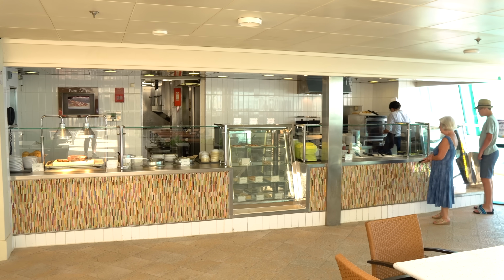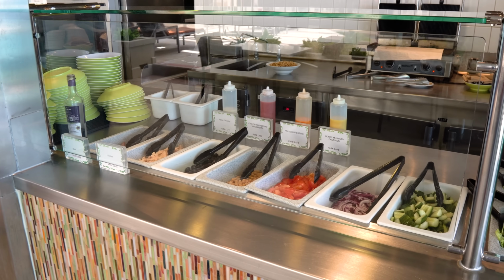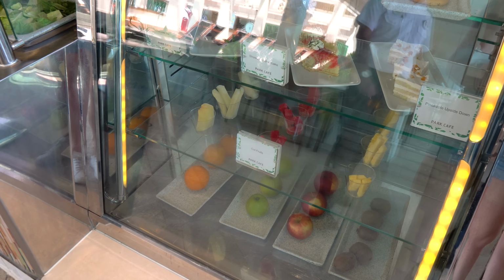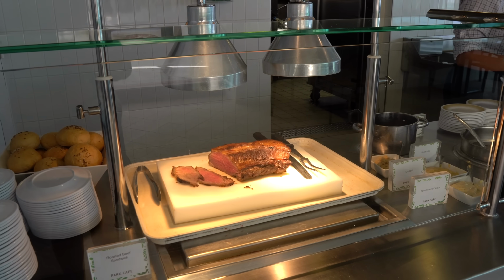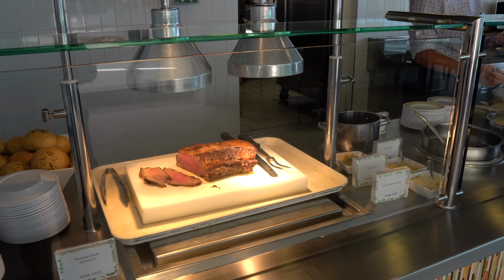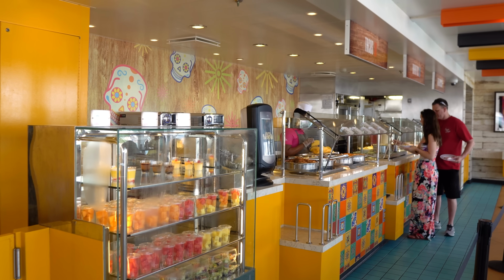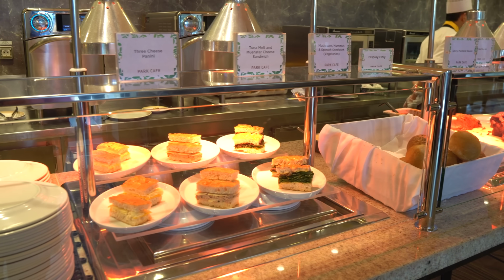We also made a few stops to Park Cafe during the late night hours. These ran from 9 p.m. to 1 a.m., and this is when Park Cafe served pizza, sandwiches, and desserts, and it was the only late night option on board. Unsurprisingly, Symphony of the Seas has many more complimentary dining venues to cater to nearly 7,000